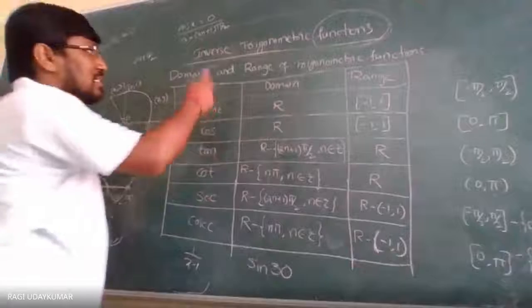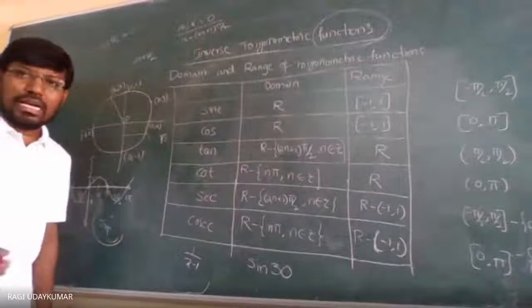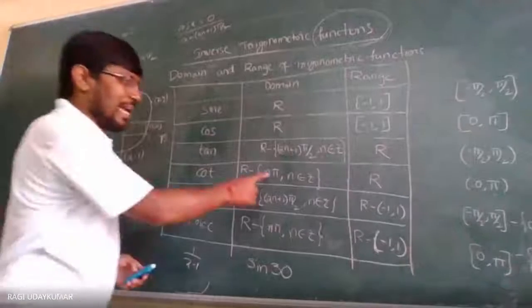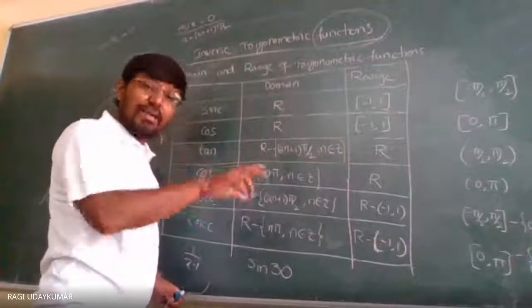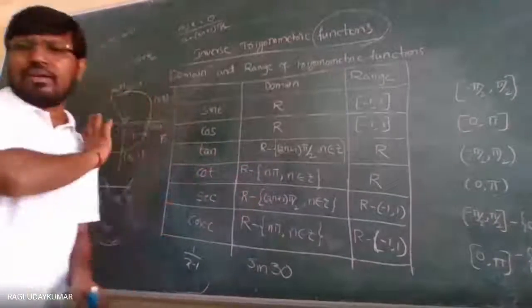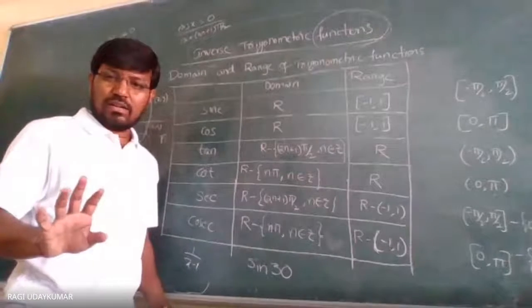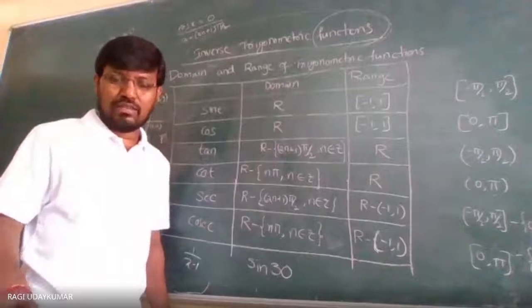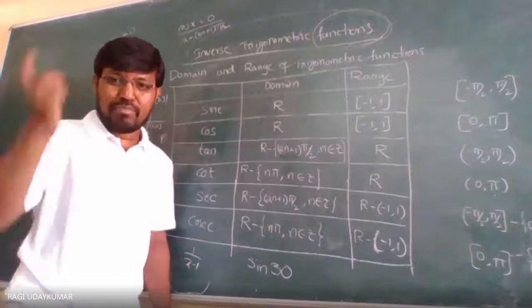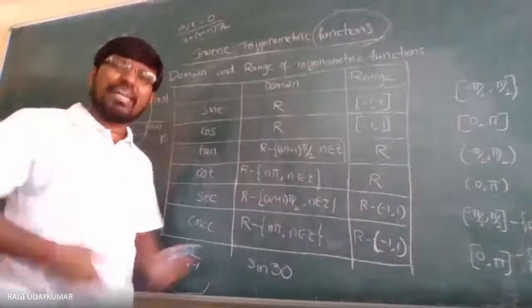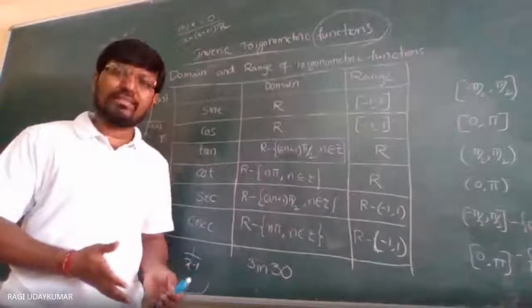In the same way, sine becomes 0 at any number into pi, n pi. So that's why n pi should be deleted. In that way, you have to remember. If you remember blindly, you cannot remember forever. Even if you suddenly ask me what is the domain of the sine function, what is the domain of the tan function, in my mind it comes, not only you. After getting practice, you may say it directly.